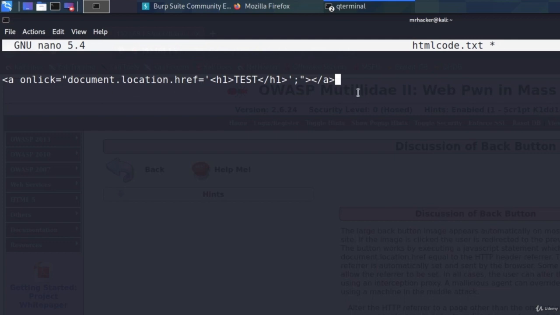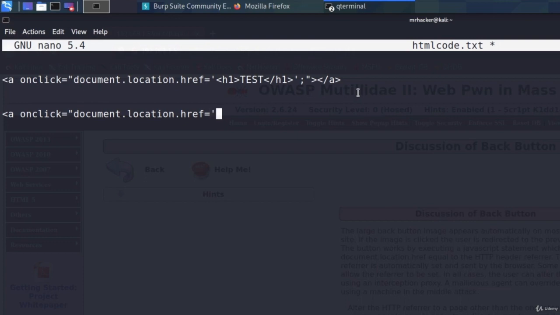Well, here's what we can do. Let's try to write our payload down here. So it will start with onClick. Oops, I misspelled it right here. So onClick document.location.href equals open single quote. And the first thing to notice is that this document starts with double quotes. So perhaps what we can do is make it end right here by adding the closing double quotes, instead of just starting to write our HTML code right here. So now perhaps if we write our HTML code,